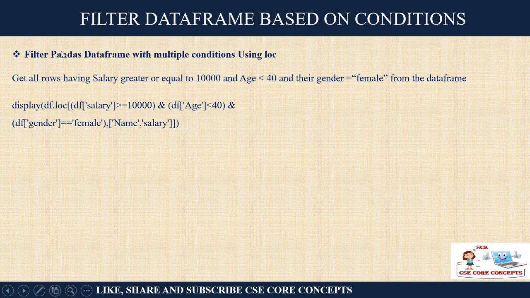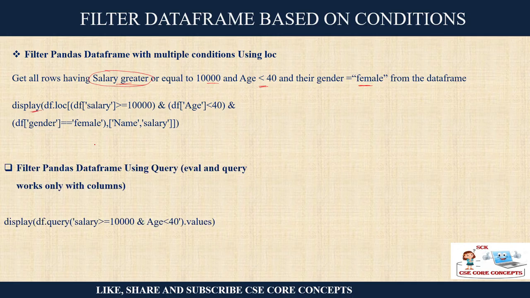Now let us say for example you want to perform some filtration on the data. Filtration means you are executing a query where you want to view only those data records where the salary is greater than or equal to 10,000, age is less than 40, whatever you can write. You can write as many conditions as you want, and you can do it using the display function.